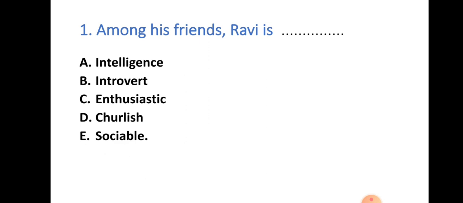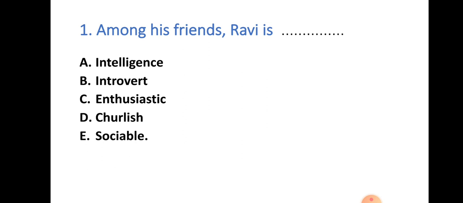Okay, now comes the second question. Now B, C, D, E, there are four adjectives. Which word should I pick now? Here comes the second strategy. Remember, in the exams you won't be given questions like this, because here you can use any one of these words. You can use either B, or C, or D, or E. Use any of these words, and the sentence gets completed.